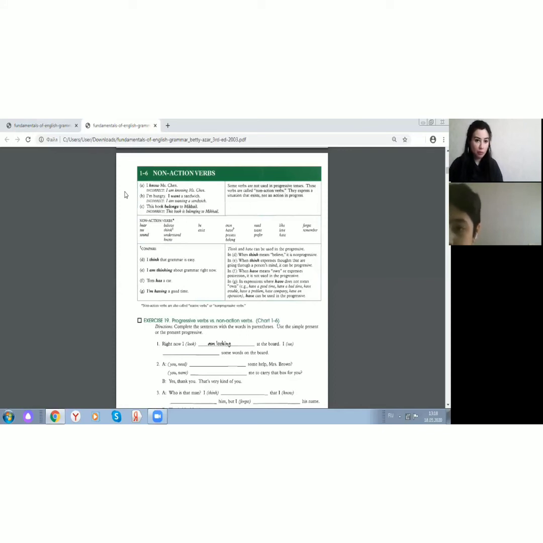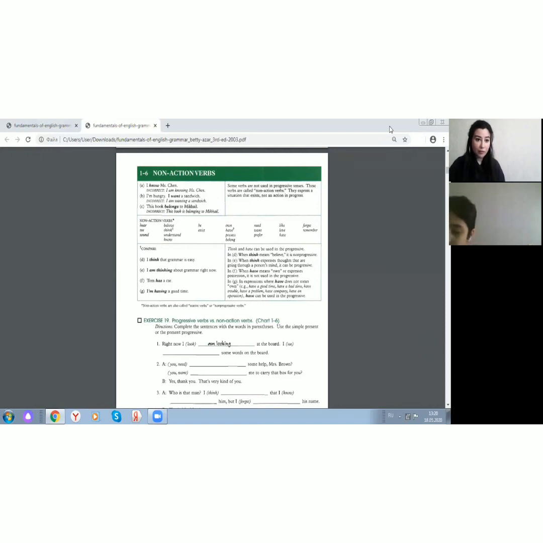Sometimes it's non-action verbs or state verbs, so we're speaking about the same term. Either it can be called non-action verbs or state verbs, it doesn't matter, it makes no difference. These are the verbs which can't accept ing in the ending, okay? So, in the piece of grammar that I sent, I have divided them into 5 main categories, and I think that it's easier to remember them in this way.